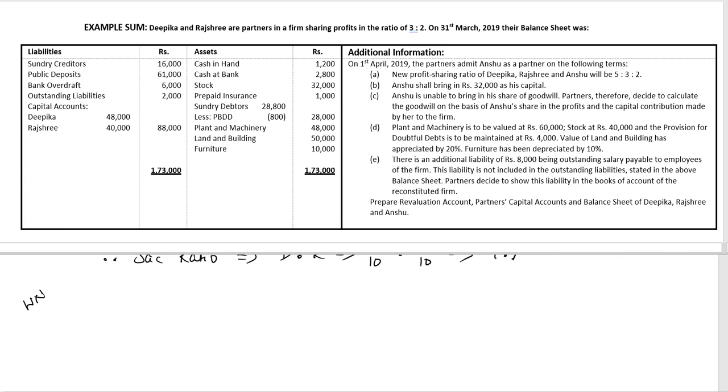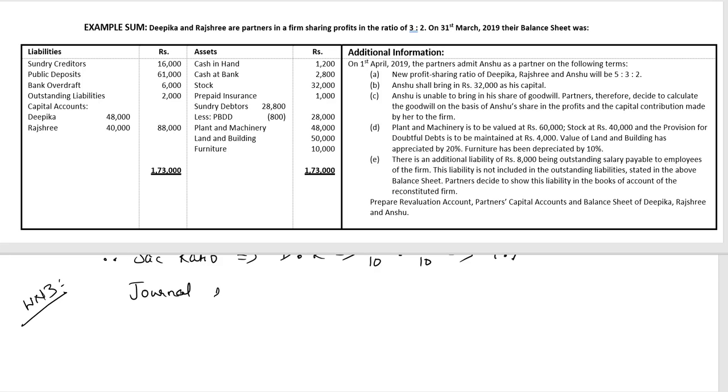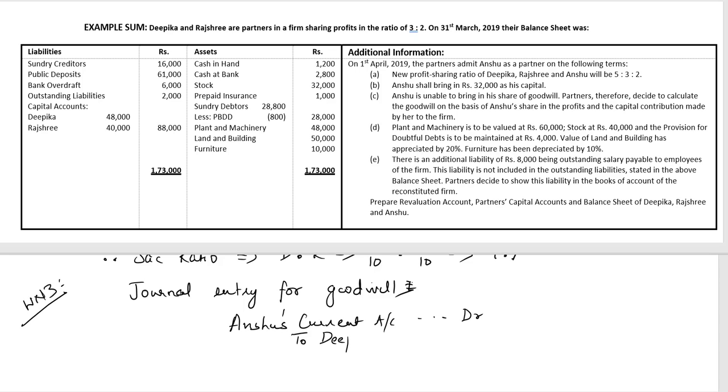Final working note 3. Journal entry for goodwill. Now Anshu is unable to bring in his share of goodwill, so we'll do the journal through Anshu's current account. So Anshu's current account debit to Deepika's capital account